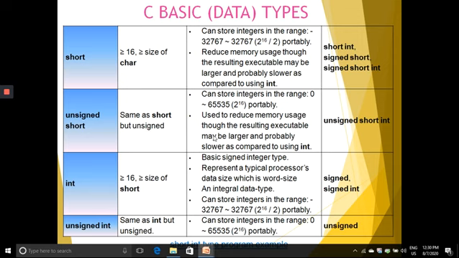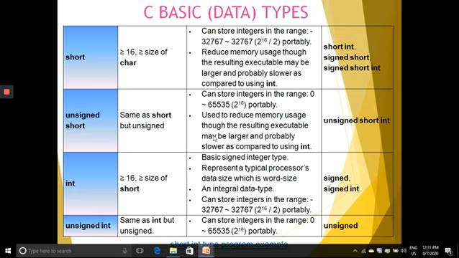And now we'll see the other basic data type, that is short, and we also see unsigned short and unsigned int. So short is greater than or equal to 16 bits, which is greater than or equal to the size of character, and it can store integers in the range minus 32767 to plus 32767, 2 power 16 by 2, portably.